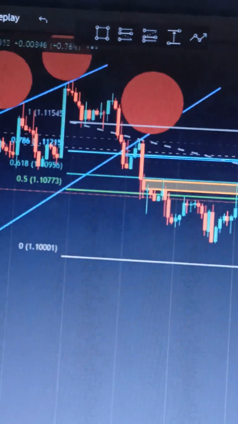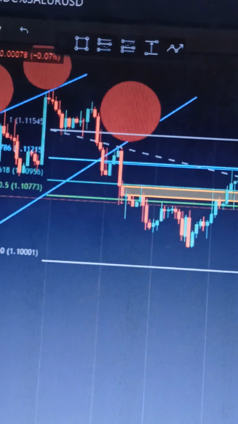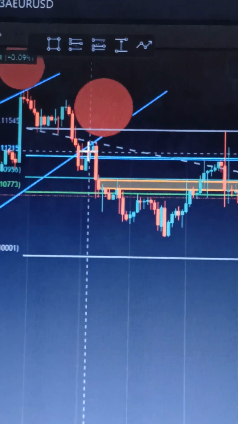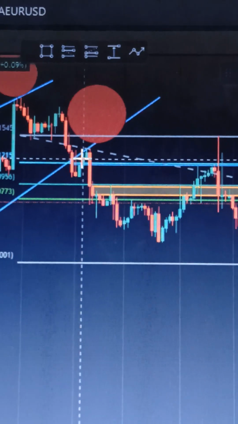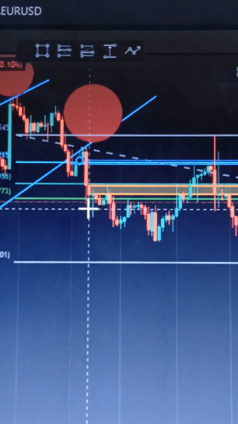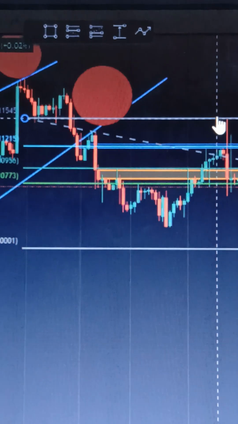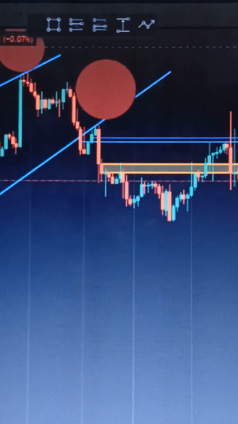And I will also be bringing out our horizontal ray again to place it at the bottom of the highest consecutive candle. And if I remove the Fibonacci for you to see it clearly,